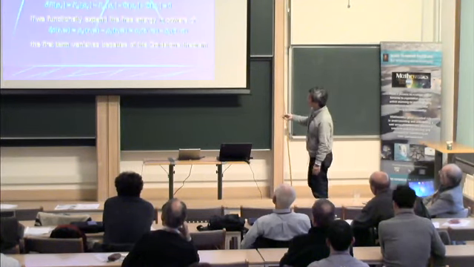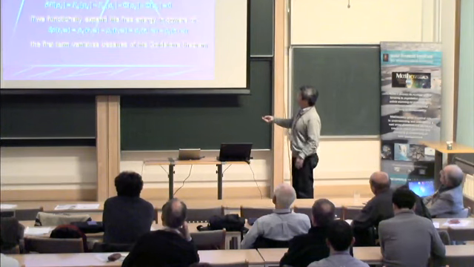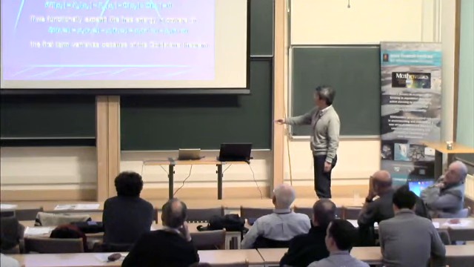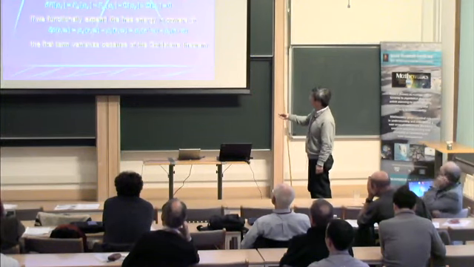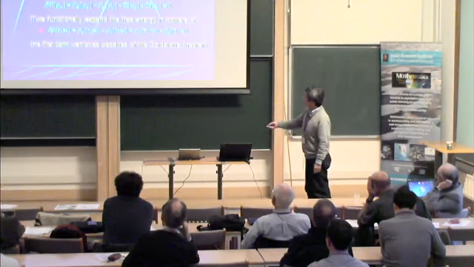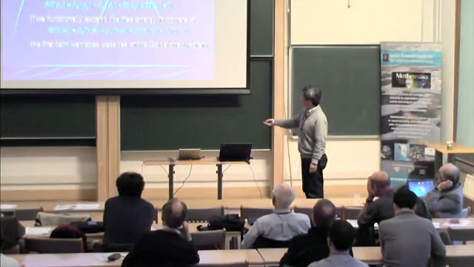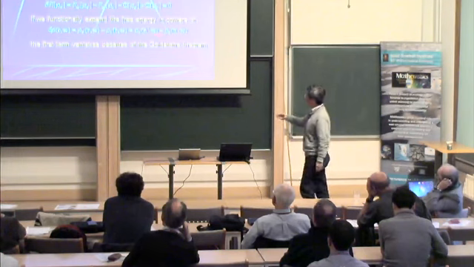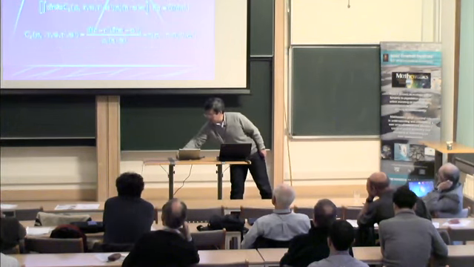So if you uniformly change n to n prime, the energy change must be 0. And if we take a derivative comparing the initial state and last state, and we can put in